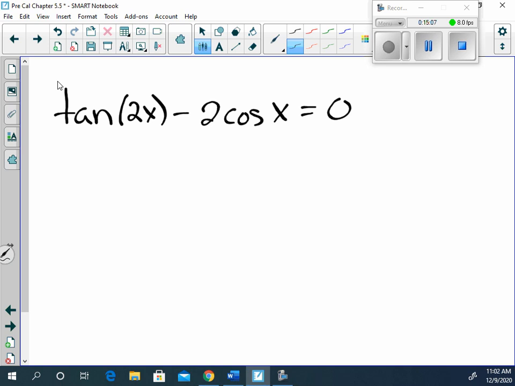But we know that tangent of 2x, because we have that formula for our double angle, is going to be a fraction. Because it's our tangent, 2 tangent over 1 minus tangent squared. 2 tangent of x over 1 minus